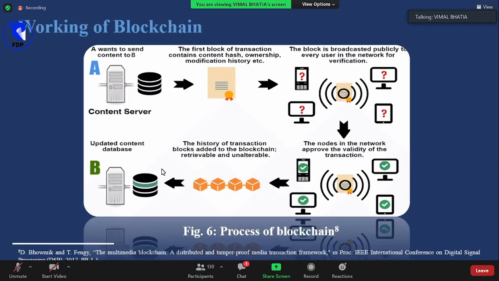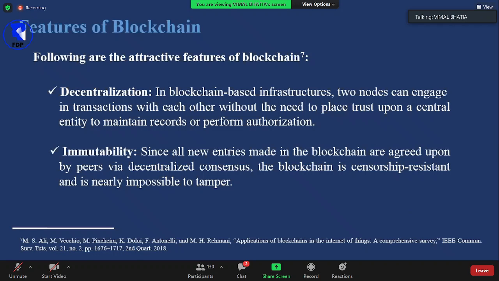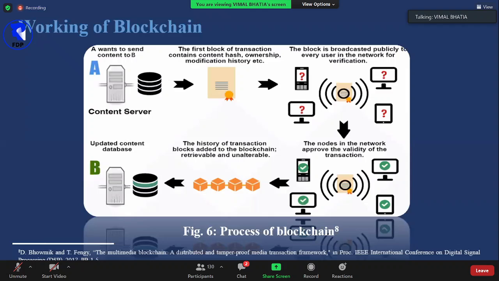Now, if you are interested, you can look at this thing as well. Again, this is an example of a multimedia blockchain where a content is being transferred, and this got published in a conference on digital signal processing, right? So it is being used for various applications. So there was one startup which was working on, again, a modified form of this type of blockchain where let's say you're producing a content